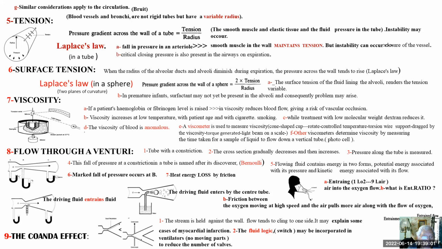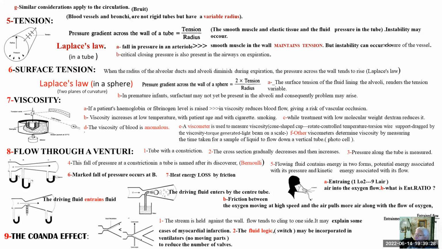So as we can see, the decrease in the pressure at this constriction is after the discovery of Bernoulli. So Bernoulli discovered the low pressure at this constriction. Of course, to avoid much loss of heat energy from the friction, the inclination must be gradual. You see,